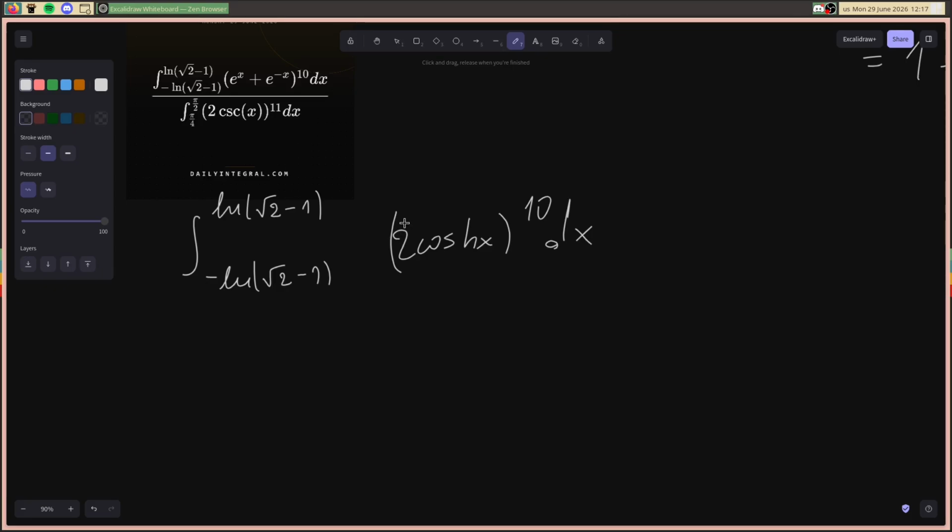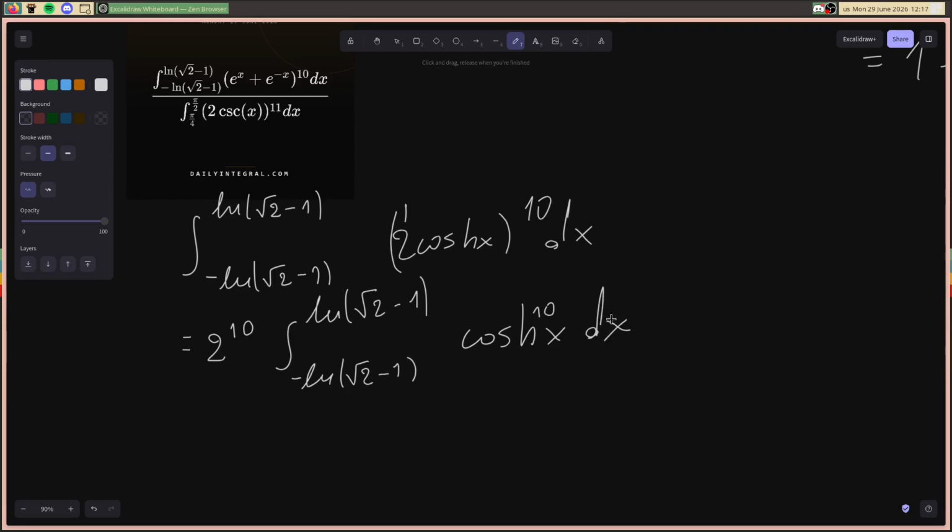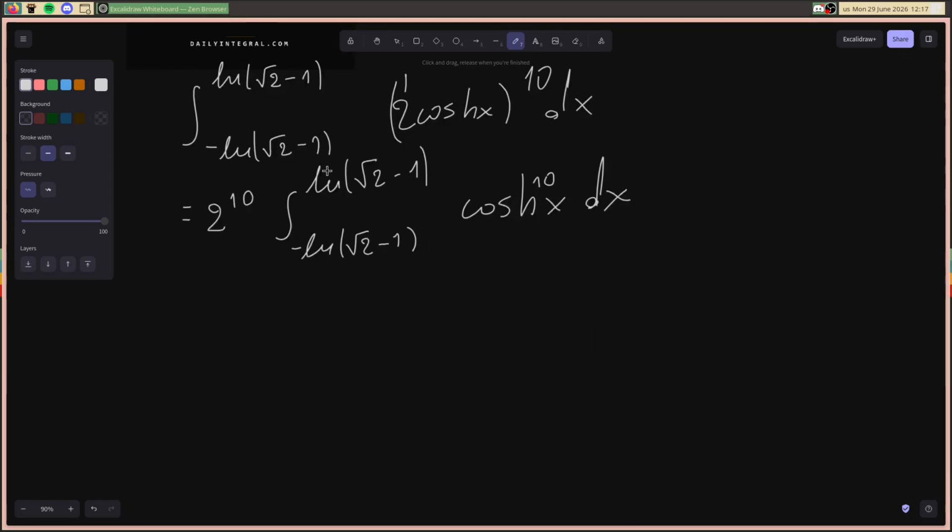which we can take the 2 outside of the integral, so we end up with 2 to the 10th times the integral from minus ln of square root 2 minus 1 to ln of square root 2 minus 1 times the hyperbolic cosine of x to the 10th dx. Now, the hyperbolic cosine is an even function, so we can extract another 2 here, so we get 2 to the 11th, and then the integral from 0 to ln of square root of 2 minus 1 of cosh to the